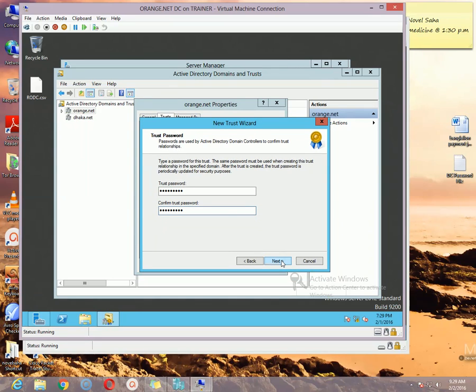Make sure you have specified the same password as you typed in your first forest. If it is not accurate, the trust relationship will not continue.